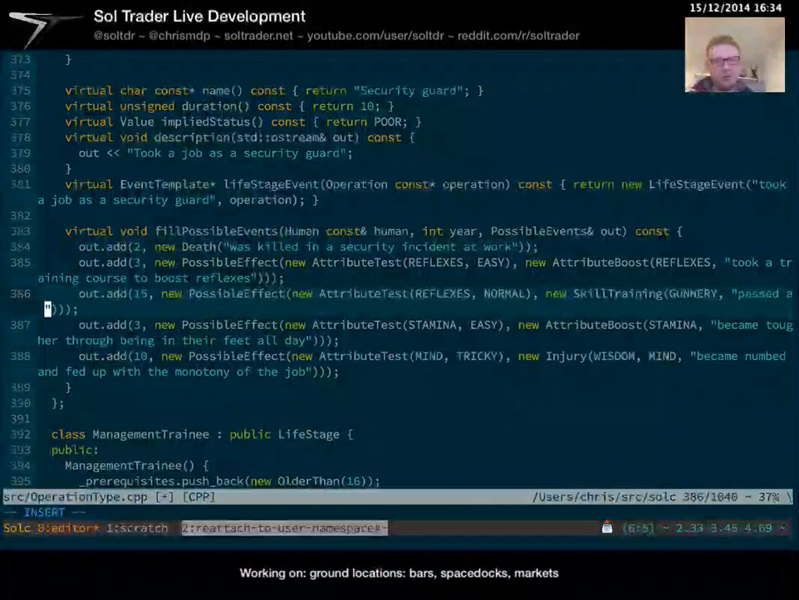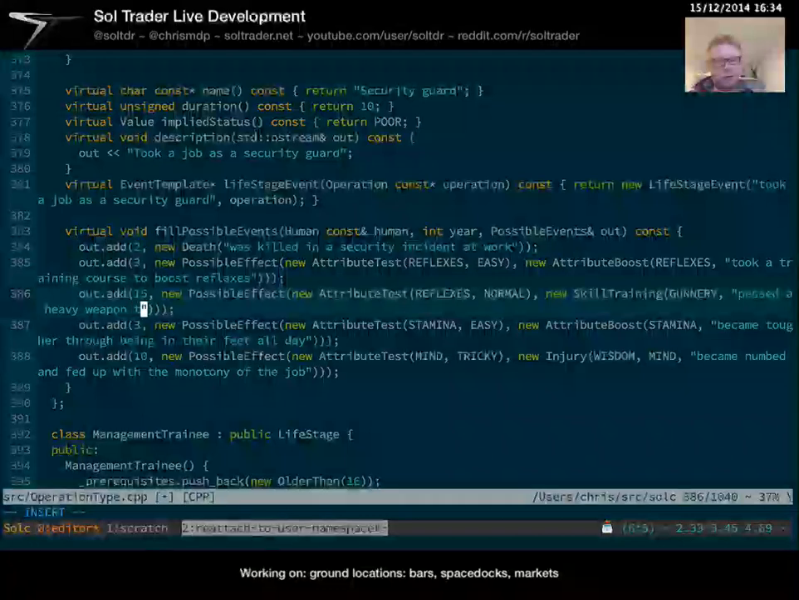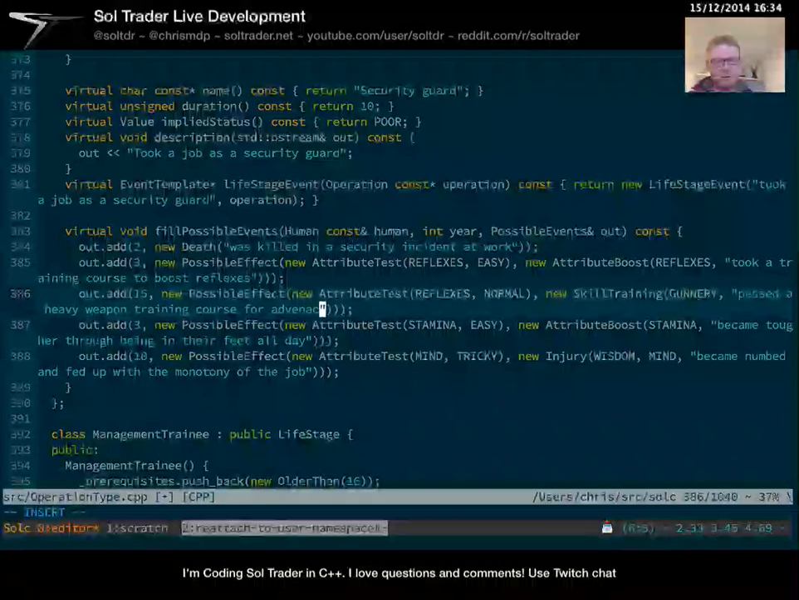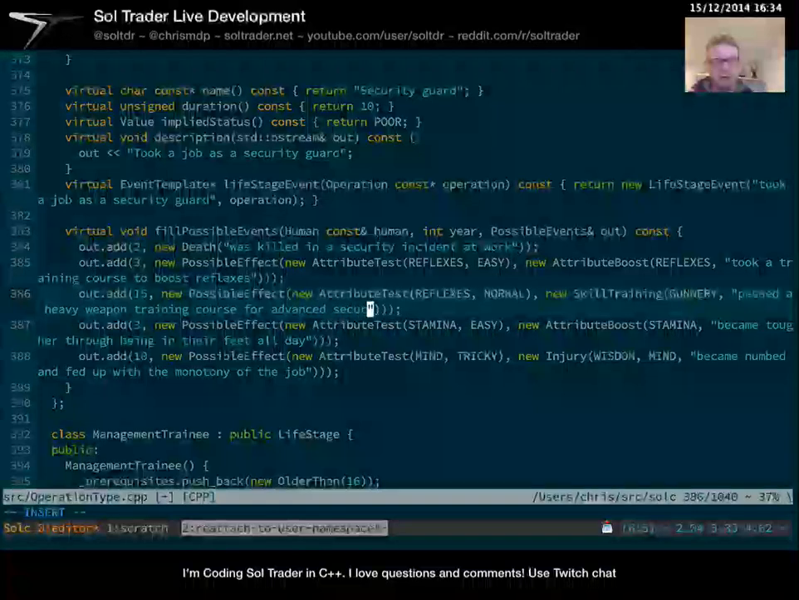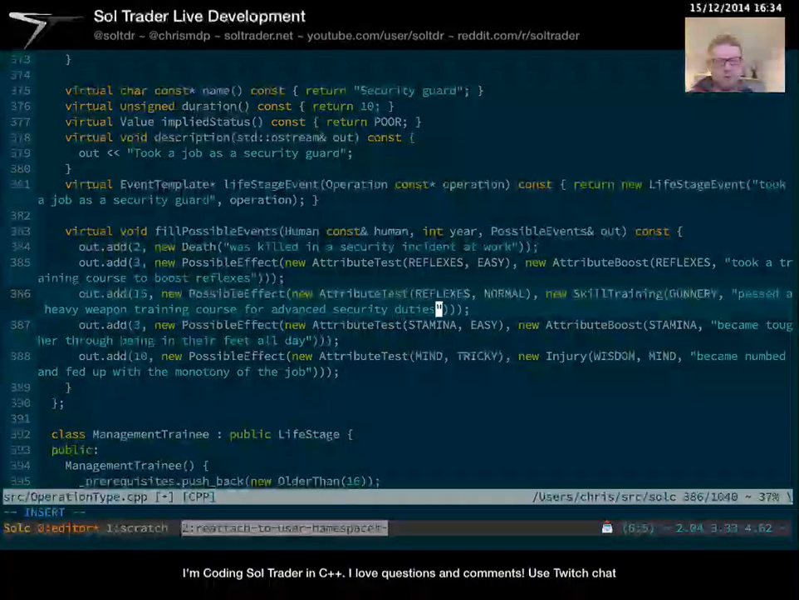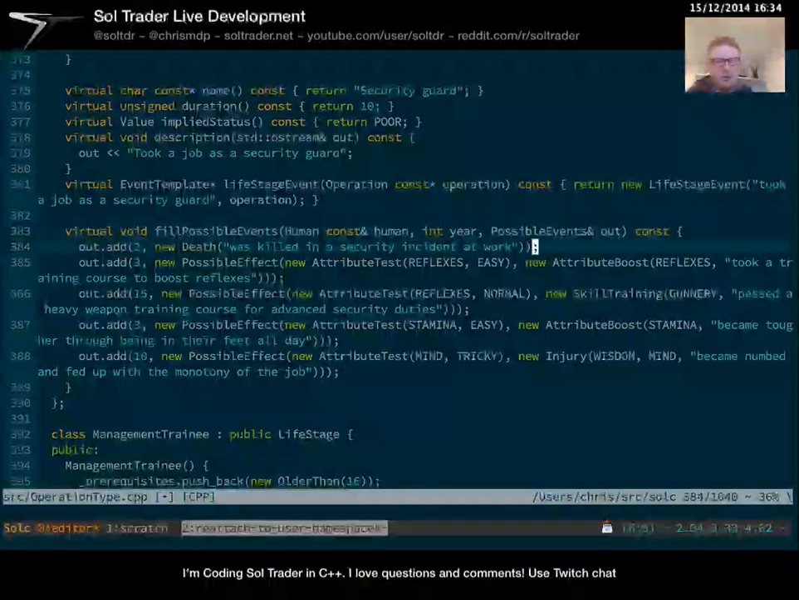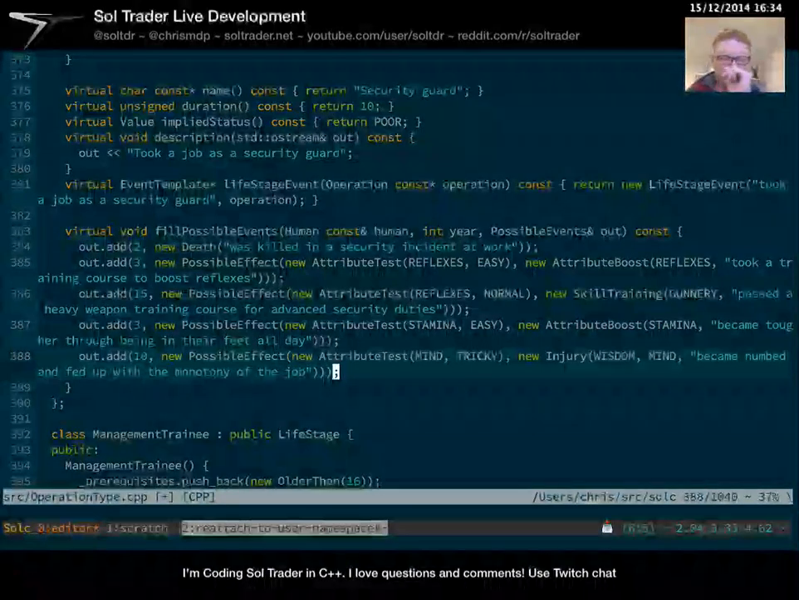Past weapon training course for advanced security duties. That'll do. Okay, so this is all the types of things that you can do as a security guard. But to be honest, you're more likely to have trouble